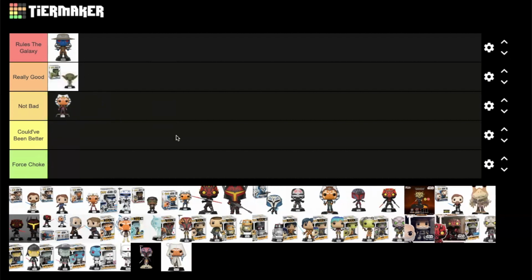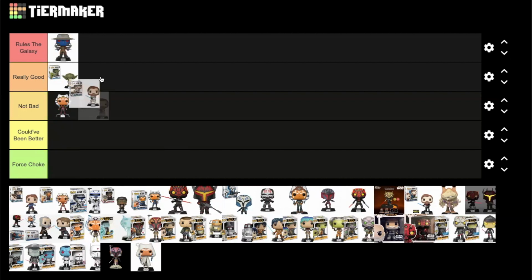Funko has done a really good job on making the Clone Wars and Rebels pops, considering that they made it look like them from the show rather than just taking a molding from a previous pop of, let's say in this case, Yoda, and then just slapping a Clone Wars box on it. Then we have ourselves Obi-Wan Kenobi, and I will also put this under great, or really good, I should say,